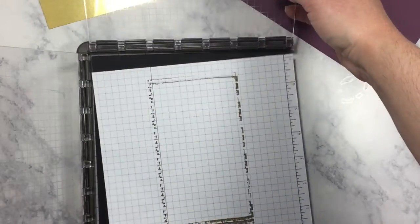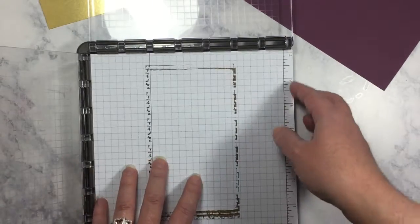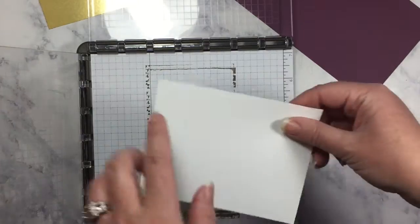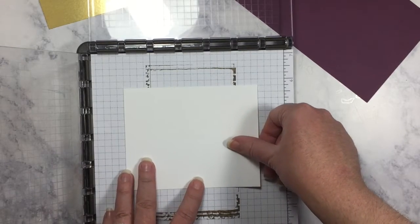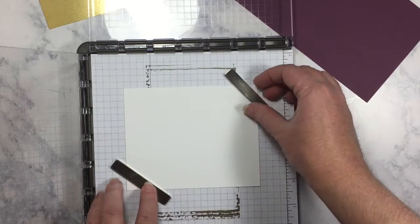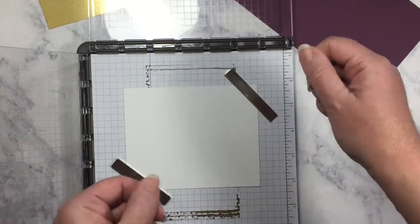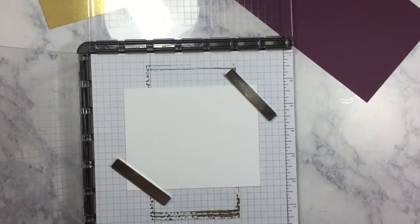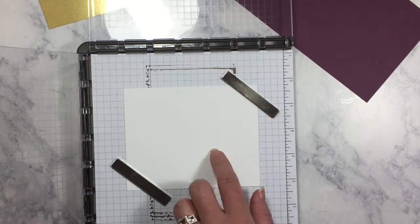So I'm going to open this up here. I just cut a piece of grid paper to fit in here, but pretty soon something fun is going to be coming, so stay tuned. I'm going to take my Whisper White piece and put it in the middle, and I'm going to use those super strong magnets. Now I had washi tape on these, but the washi tape fell off when I tried to pick them up because they got stuck together. So I tried to pull them apart and the washi tape came off. So I need to redo that, but I'm going to put those in each corner to hold down that sheet of